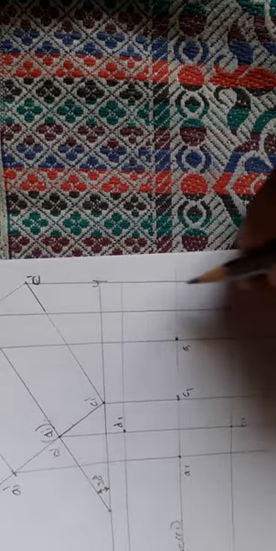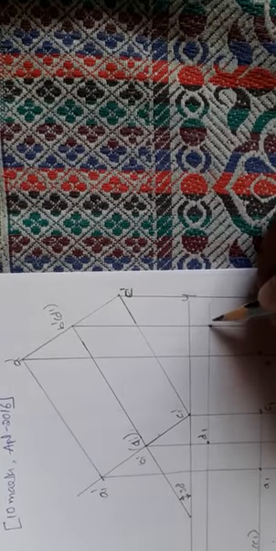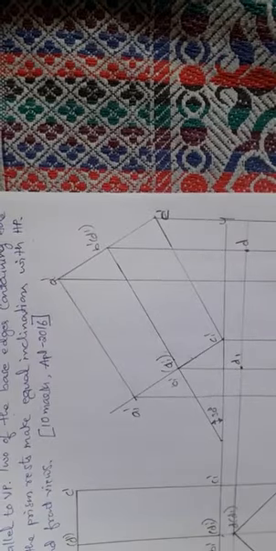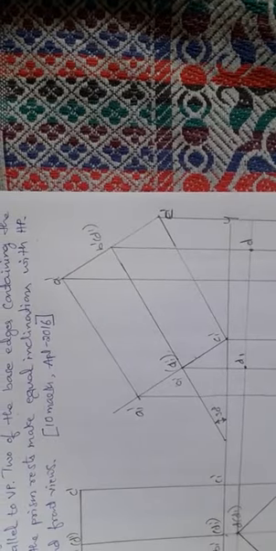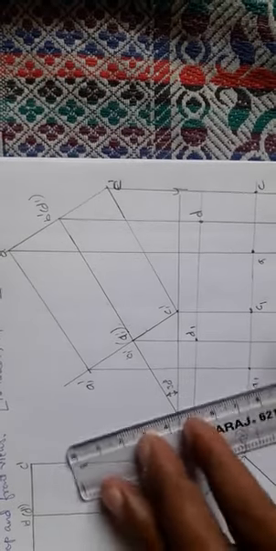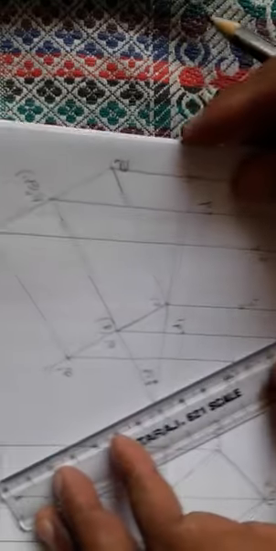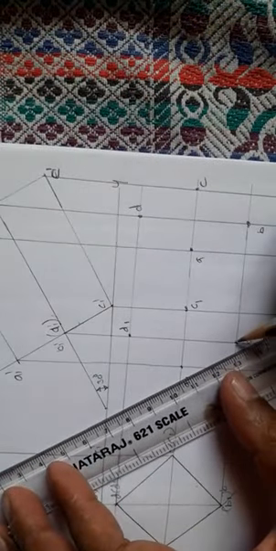So this is the B, and this is the C, and this is D. Okay, so in the top view, the AB are